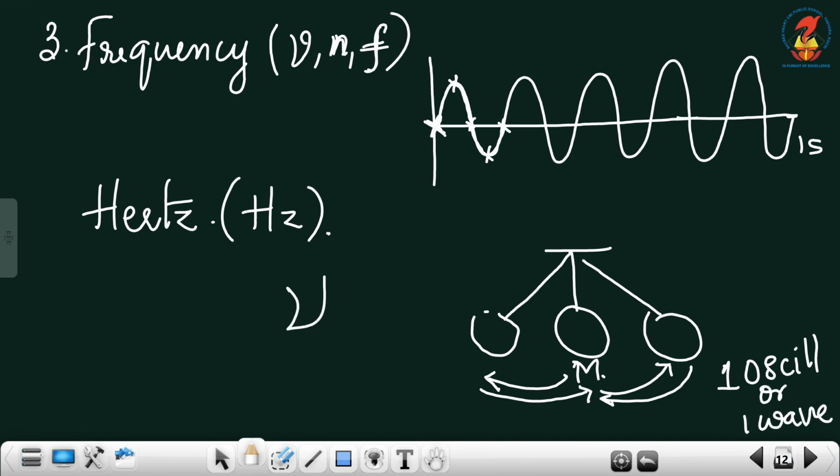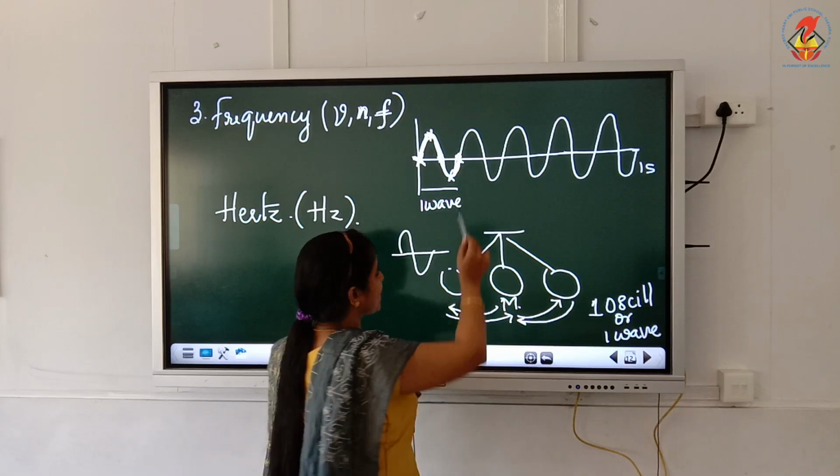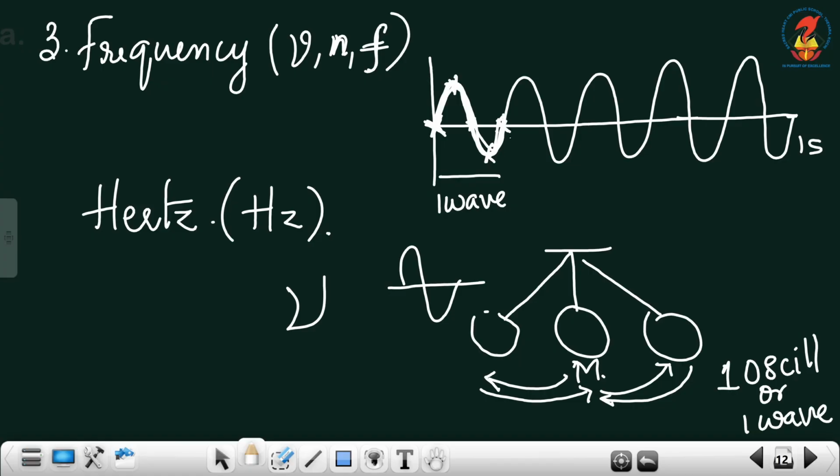So, one wave should constitute a crest and a trough. So, the wave starts from mean, goes to crest, comes back to mean, again to trough, back to mean. This is called one wave or one oscillation. Likewise, how many waves are there here? This is one. Again from mean, crest, back to mean, trough,